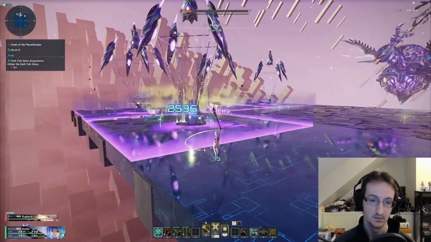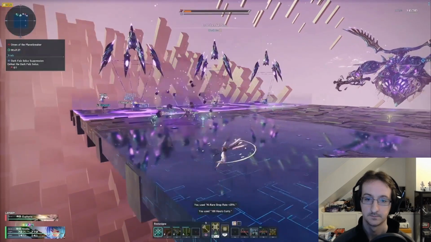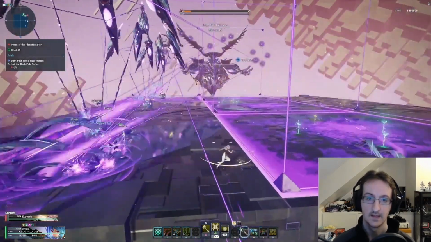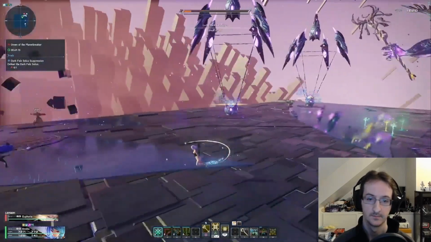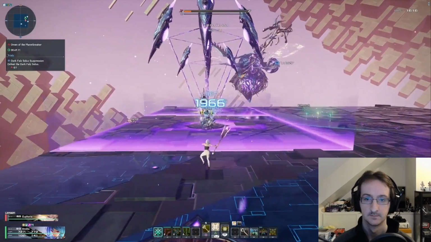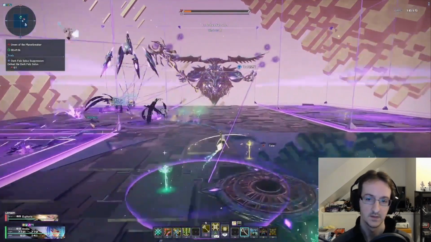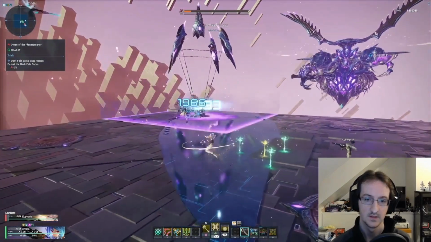So again, we're just getting as much damage as we can in on these bombs. So it looks like we've got about 3 more. Yeah, a lot of his attacks are targeted on the ground so you can see where they're going to hit. So we've got 2 more left. I think we're down to our last one now by the looks of things. So once this one's destroyed,